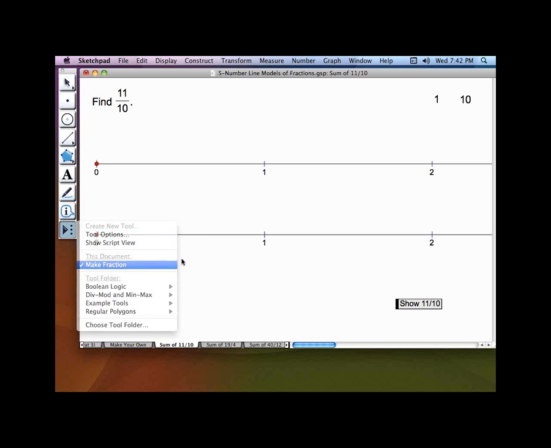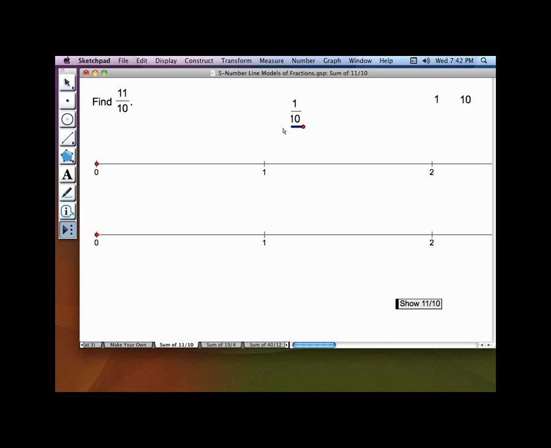So we might, again, start by making 1/10, and we might continue to make 1/10. We might have students make all the way up to 1, and then make an additional 1/10 to reach 11/10. However, if you think about 11/10 as 10/10 plus 1/10,